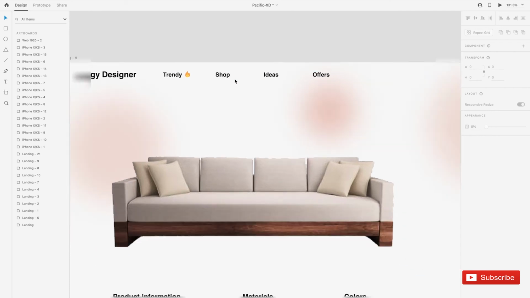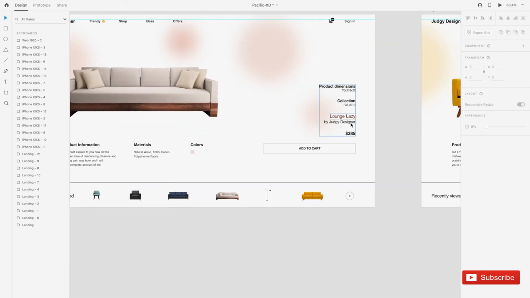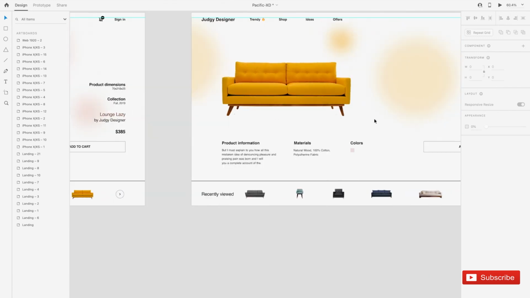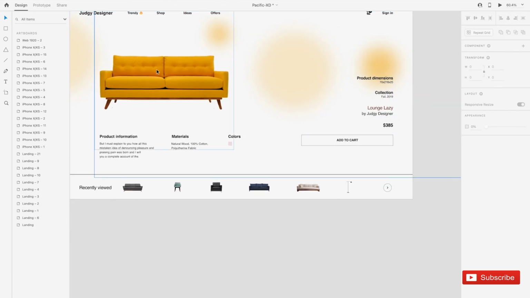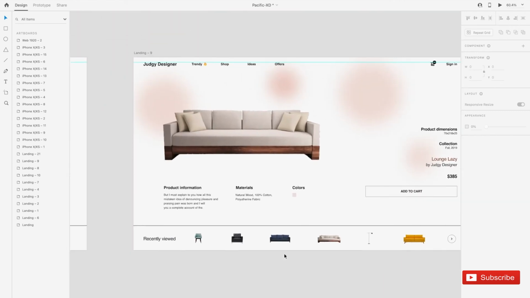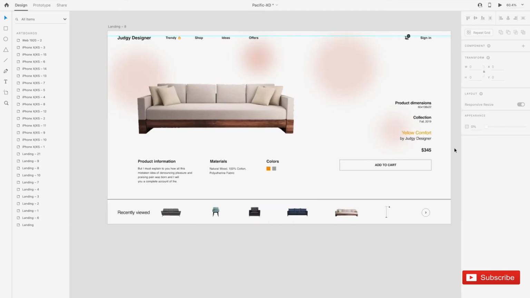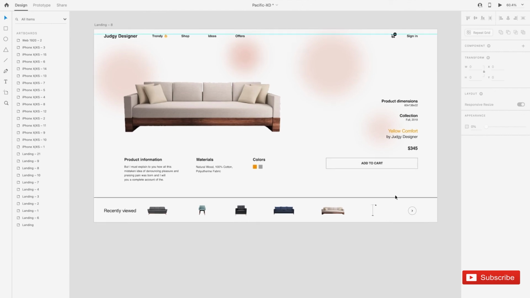Also, if you see, a single font creates a very unison kind of effect. We have used very minimal colors just to highlight the sofa pretty nicely. Also, add to cart is very subtle. We can definitely highlight it if you want that upfront call to action, but then it is very clear, right? Because the product is in 2/3 and the add to cart is in 2/3, which is also following the Fibonacci. So I would suggest that you always keep the add to cart in a visual of 2/3 and the product, so it creates a nice soothing charm.